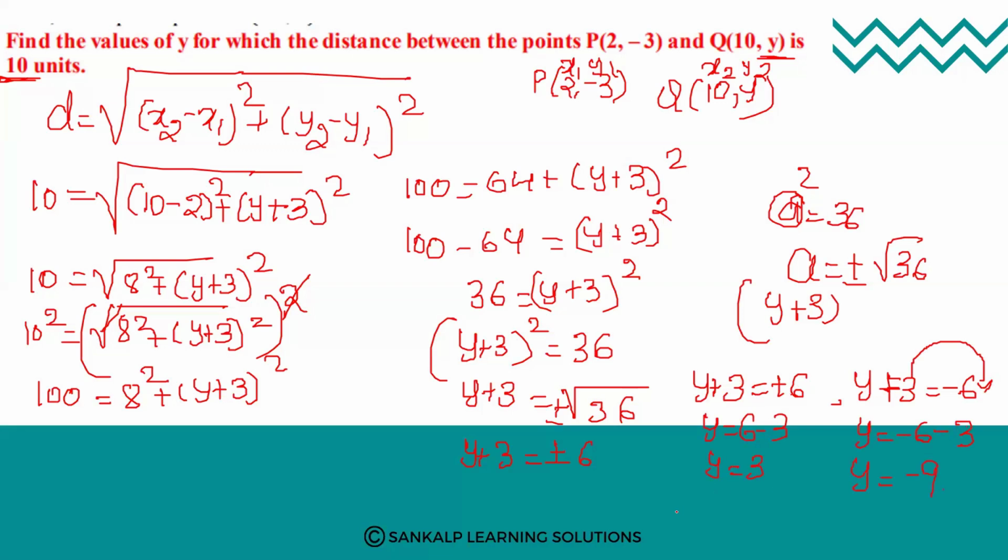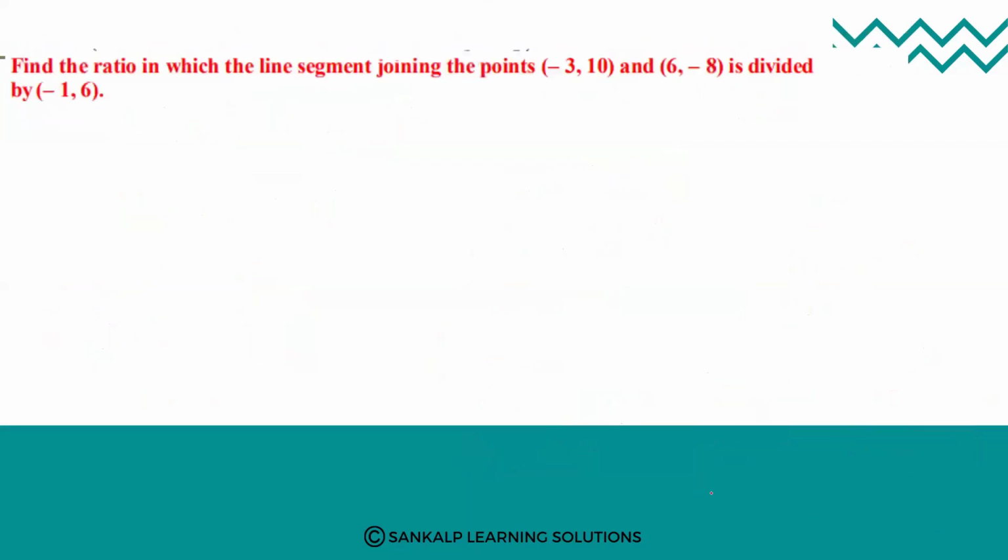So find the values of y. Values of y, one is plus 3 and another one is minus 9. Here they have not asked for value, they have asked for values. So values of y are plus 3 and minus 9. Okay. So next,